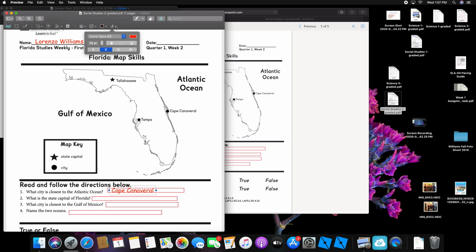Go down here. Since it's red on red, just change it. Change it whatever color you want. Make it smaller. Make it bold. Whatever you want to do. And then you put it in the box. And then you hit text again and you go to the next question. State capital. Etc. When you're done with this whole thing,